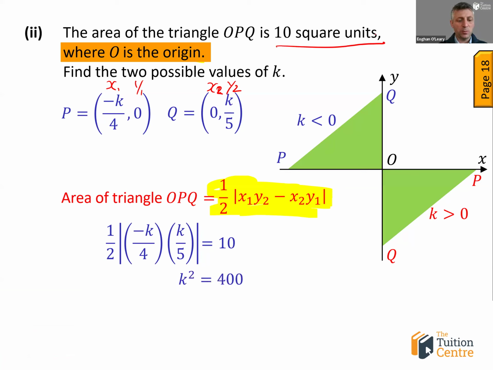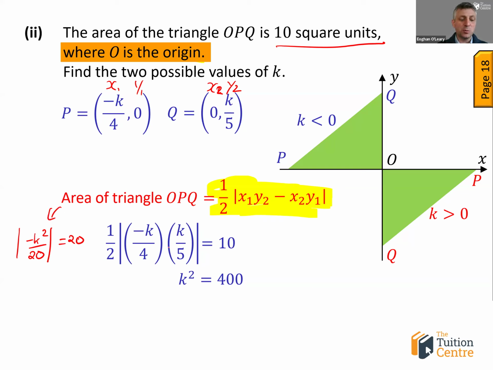So when we multiply both sides by 2 to get rid of the half, we're going to end up with, just to do a little bit here for you, the modulus of minus k squared over 20 equals 20, multiplying both sides by 2. You can do a number of different things in this case, but we know that we're going to have to get the